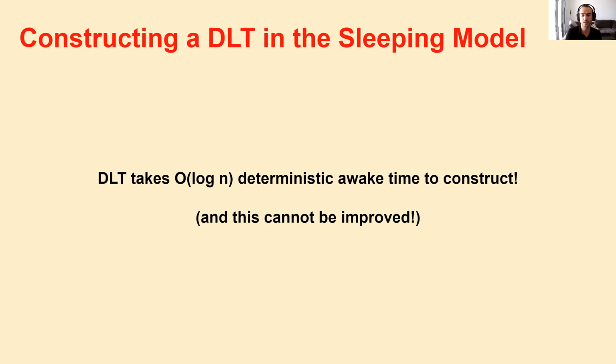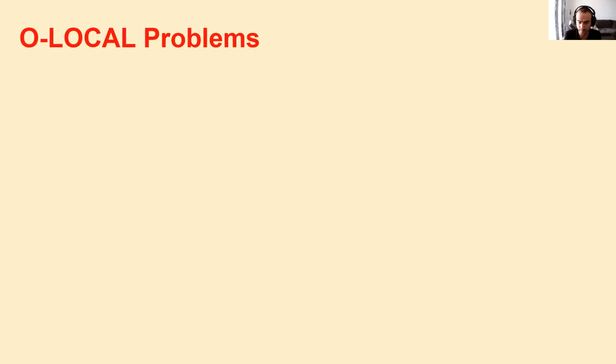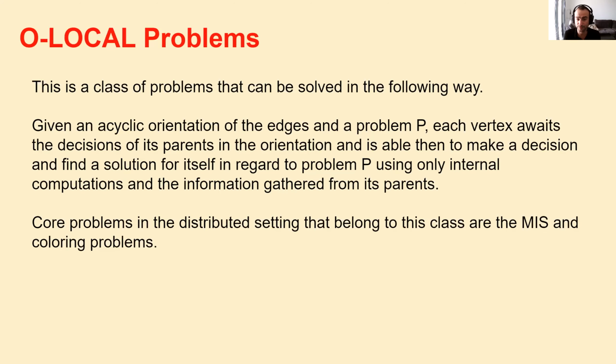This actually proves the completeness of the decidable problems in the sleeping model. The second result we show in the paper is about the class of O-local problems. We define this class of problems in the paper, and it is defined in a way such that if we have a problem in which we are given an acyclic orientation on the edges and some problem P, the problem P